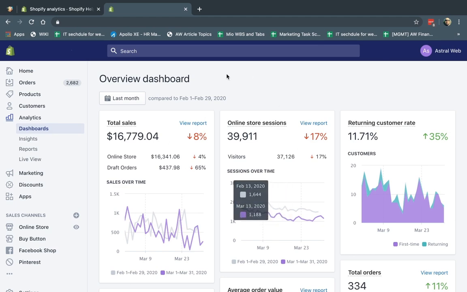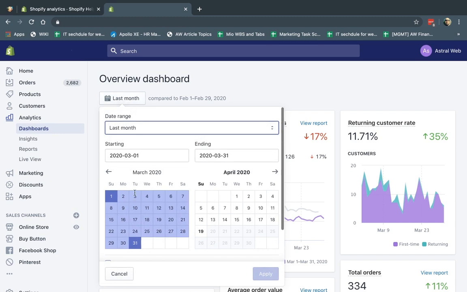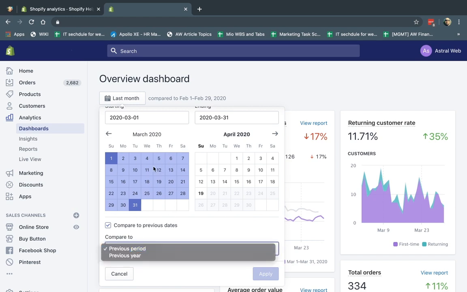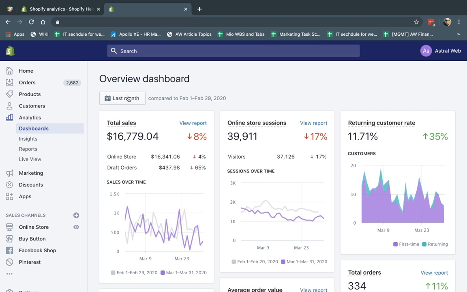And how do you actually use them? First of all, every piece of data you have here is going to be based on a time frame. If you click here, you can look at a specific time frame. For example, I want to look at all of 2019, or this week or today, etc. The second thing you can do, if you scroll down, is compare the time frame you selected to a previous period. For example, if I did 30 days, it would take the 30 days before that, or I can do the previous year.